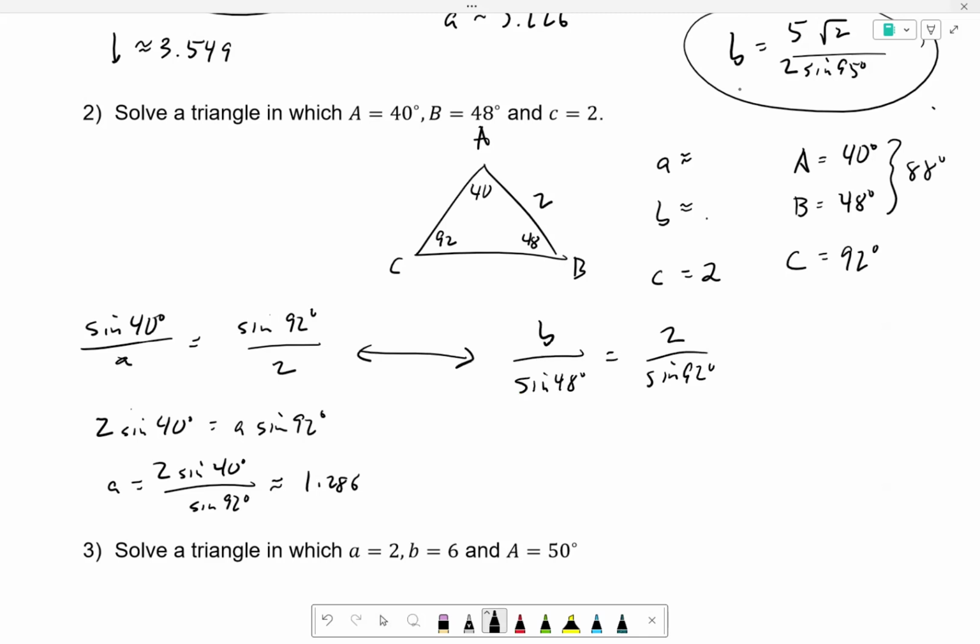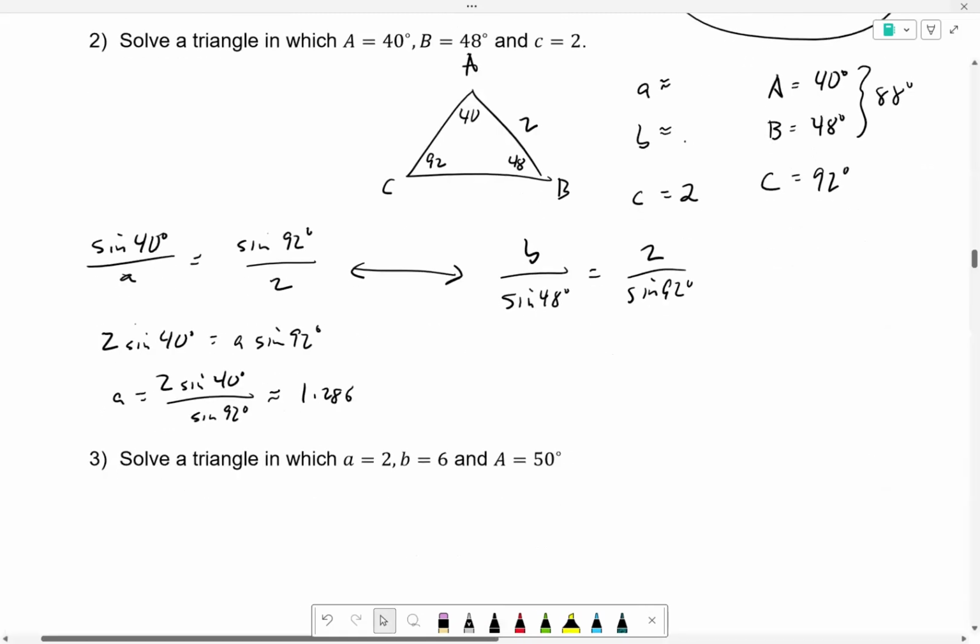It's calculator ready. You're one step away from calculator ready. Do you see that? Exactly, you just had to multiply by sine 48 on both sides. You could do it other ways, but mostly cross multiply and then divide. It's 2 steps instead of 1. It's up to you. I'm just saying, when I give you a tool, think about it.